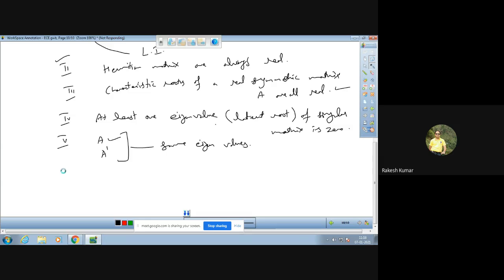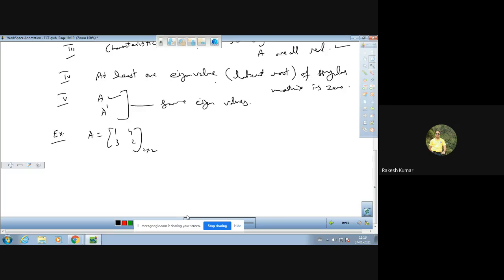Let us come to the main part of the topic, that is how to find out the eigenvalues. Let us check. It is very easy. Suppose we have a question: find the eigenvalues and corresponding eigenvectors of this square matrix [1, 4; 3, 2]. This is a 2 by 2 matrix. So you just need to find out the